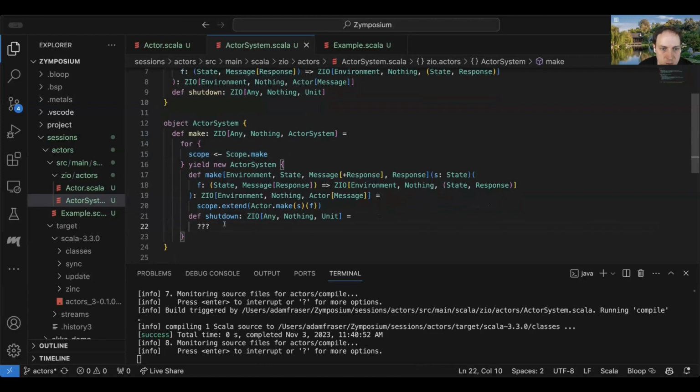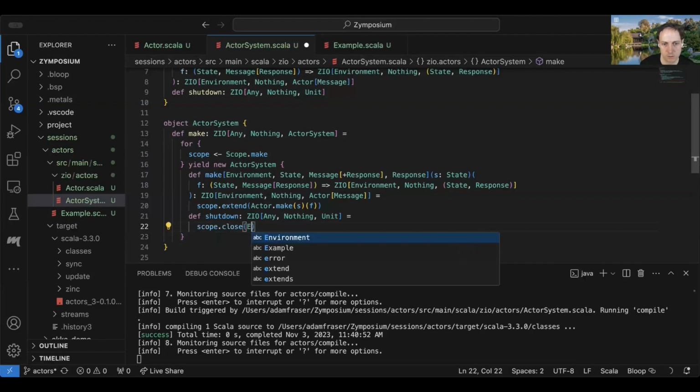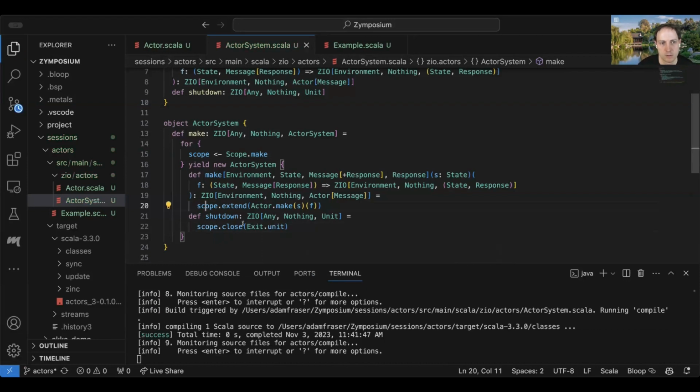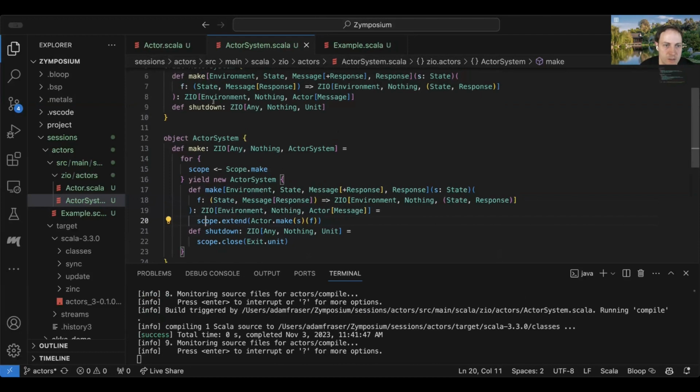And now this is also going to give us an easy answer to what it would mean to shut it down, right? What it would mean to shut down this actor system would just be to close the scope. Now, there's a little bit of a design decision here.